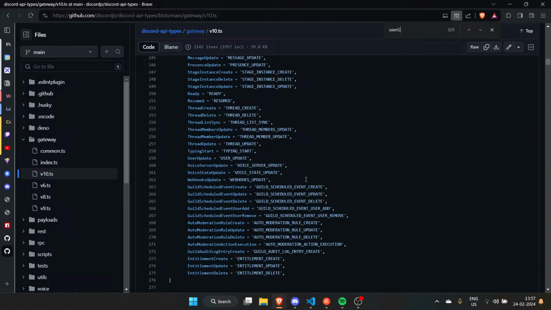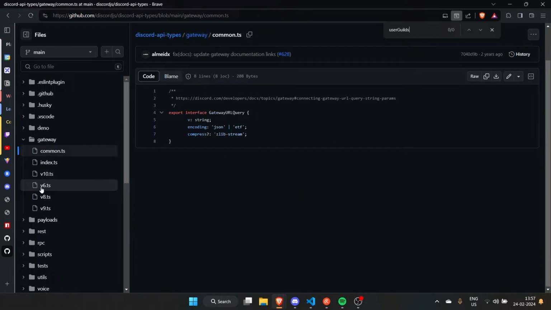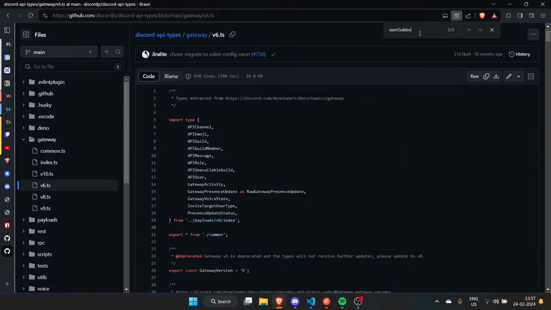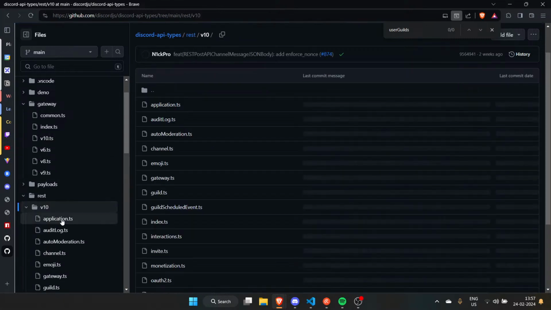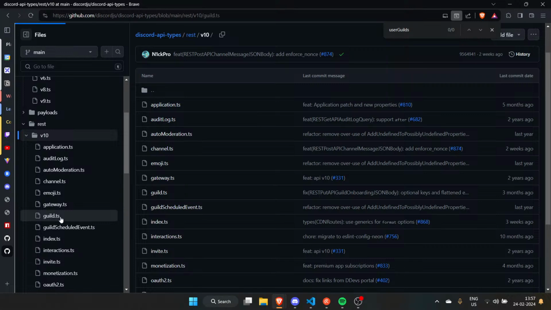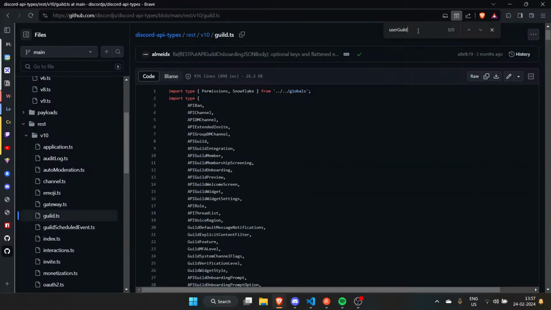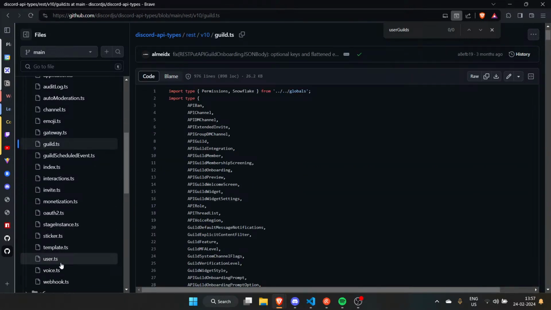Control F, user guilds. Common, version 6. Probably it is in REST. Application, we have a guild thing. Nah, then we must have user.